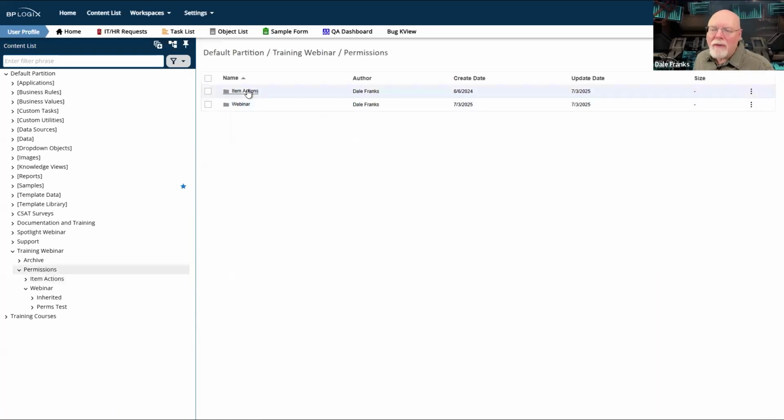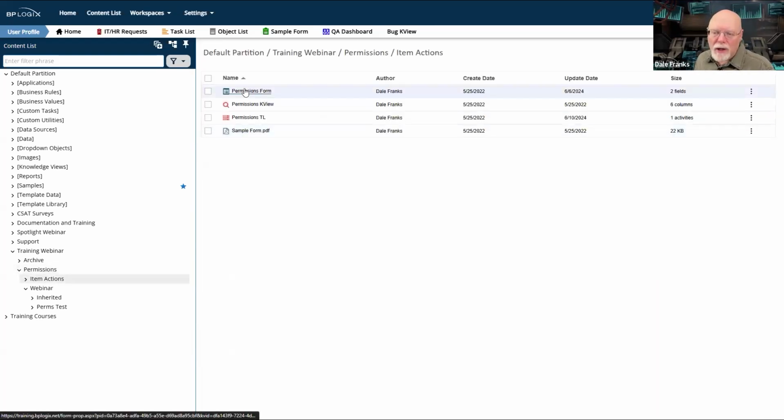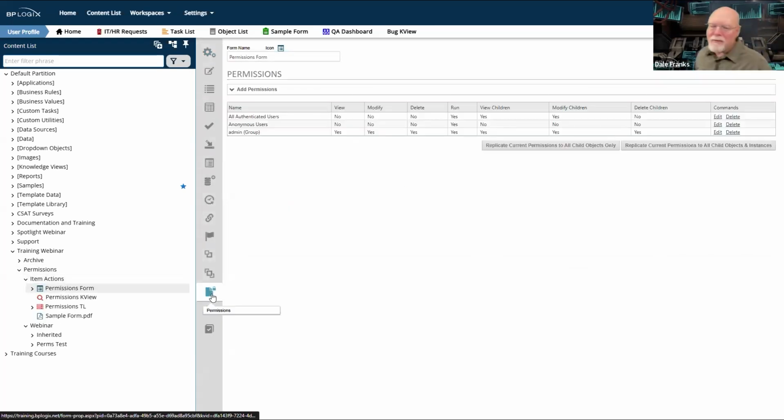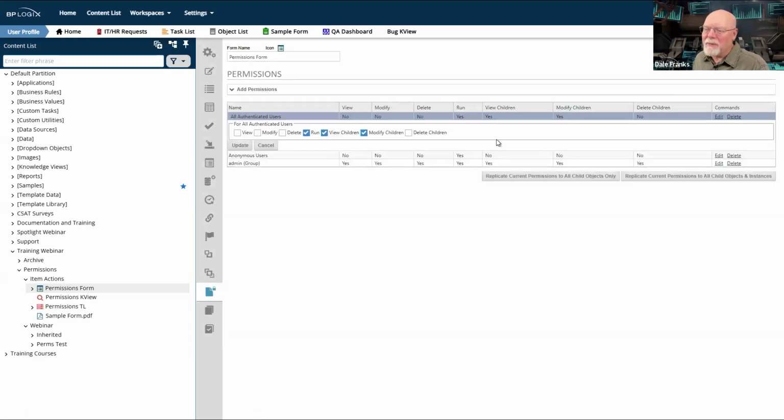And if I go into each of my objects, so let's just go into the form itself, every object has its own permissions tab. So I have my Forms Permissions tab here. On this, I have a little different thing. I have Run and View Children Permission. I don't know why I have Modify Children Permission, which I need to change. I would probably take this off.